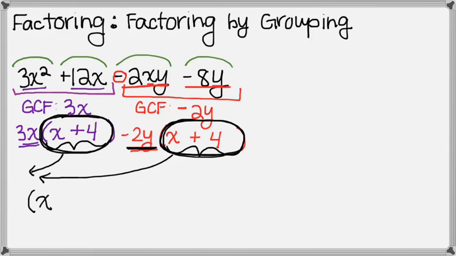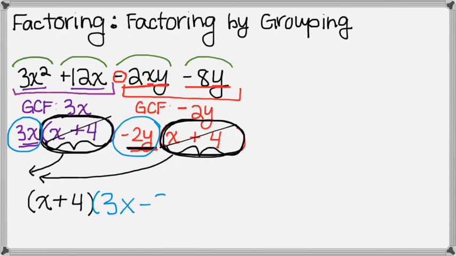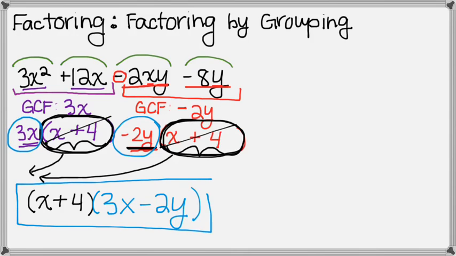And so we get x plus 4, and then once we factor that, we have our leftover pieces from here, which is the 3x minus 2y. So our final answer is x plus 4 in parentheses times 3x minus 2y in parentheses. And it would have been the same thing if I wrote them in a different order. So if I did in parentheses 3x minus 2y and then times parentheses x plus 4,